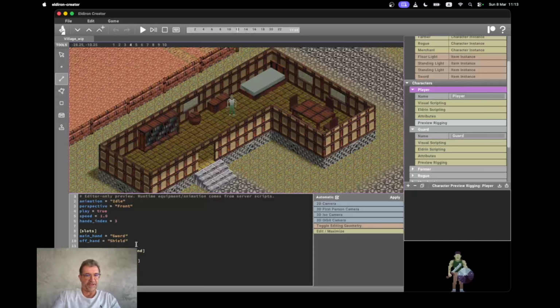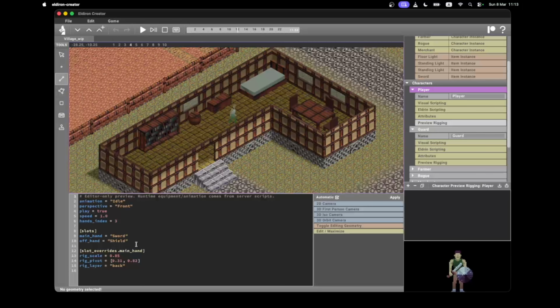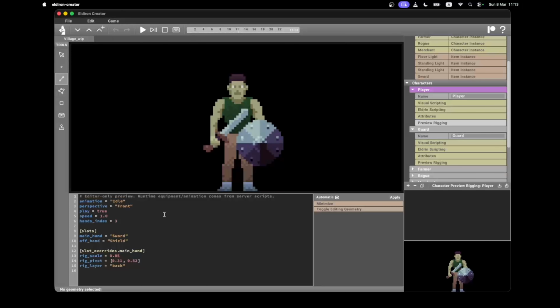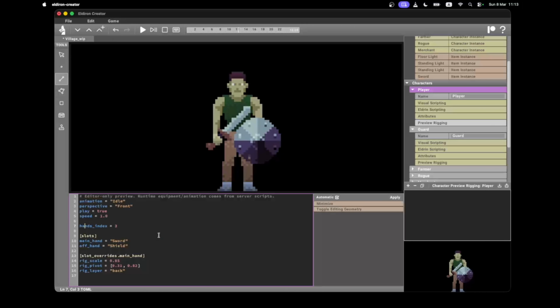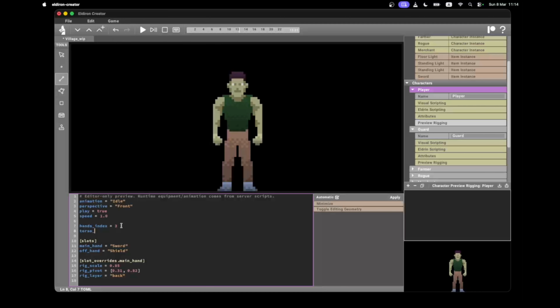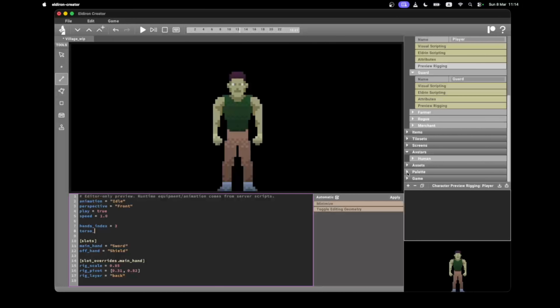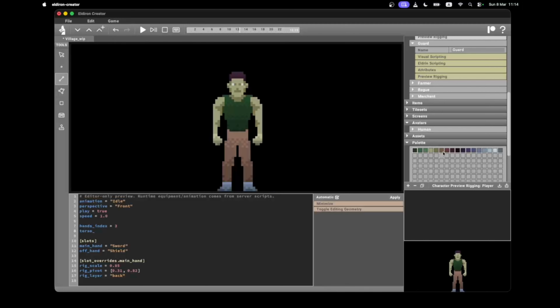Let me turn off my overlay here. Make this full screen. So you have a preview of the character here, and you can enter values for your hands, for example, for the color, or for the torso. So you can use an index into the palette. The palette is down here. So when you're over on the status bar, you see which index you're currently over. So you can use indices into the palette,